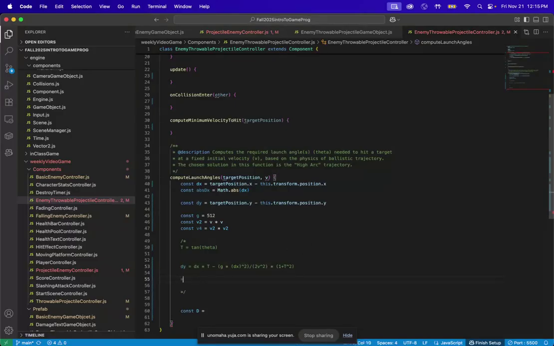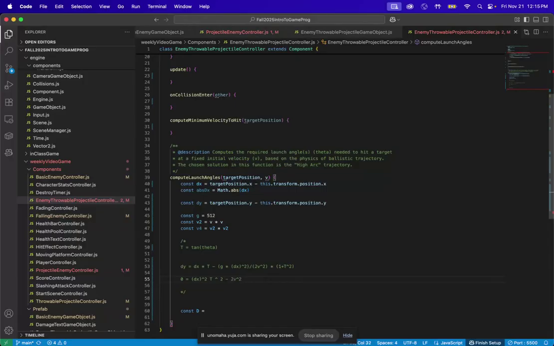So we will have 0 equals dx times t, and actually let's do it this way. We have the dx squared, and we times that by t squared, because we're multiplying the dx squared times the 1 plus t squared. So we have the dx squared times t squared. Then we have the minus